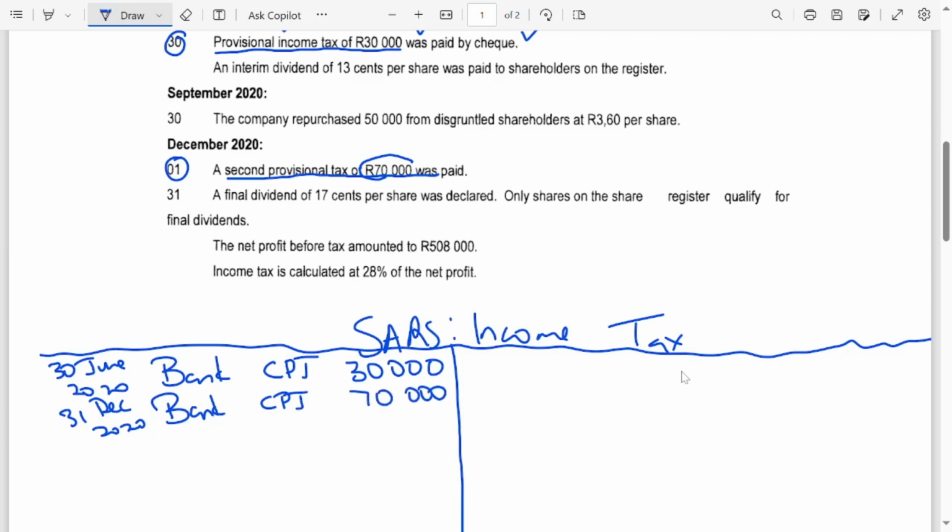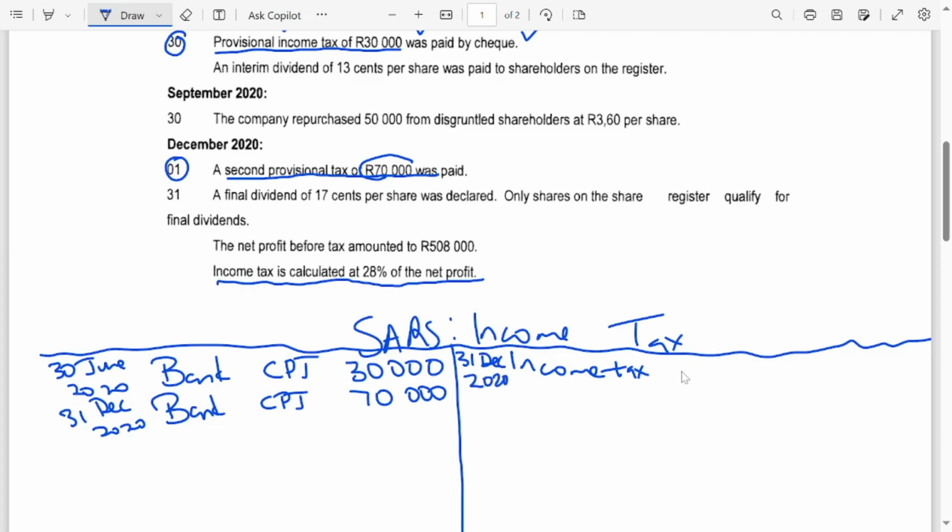Right? Which other one affects the income tax? So here we are told that income tax is calculated at 28% of the net profit. So when we are recording the income tax in the Sars income tax, we need to come and record it on the credit side, Sars income tax. So at the end of the year on 31 December